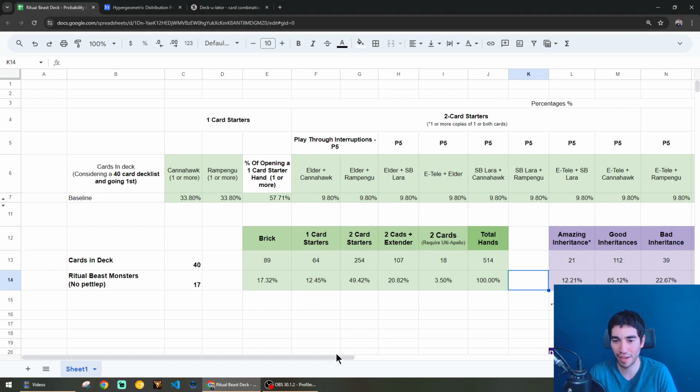Inheritance, sure, can find an extender, but it's not the same. So you want to calculate all these things, and it can get blown out of proportion very, very fast. So instead of that, I calculated chances here. Now you will notice the number here is 33.80 for chances of getting one copy or more of a Triof